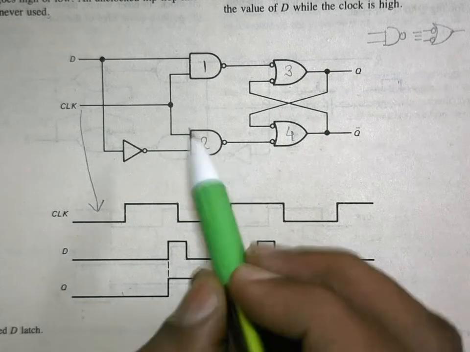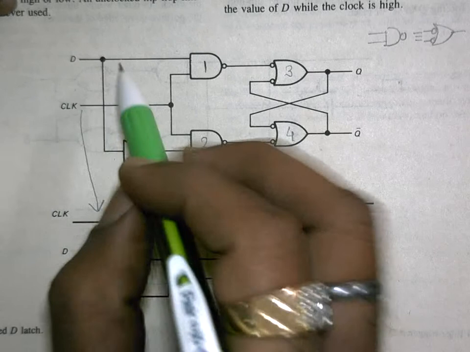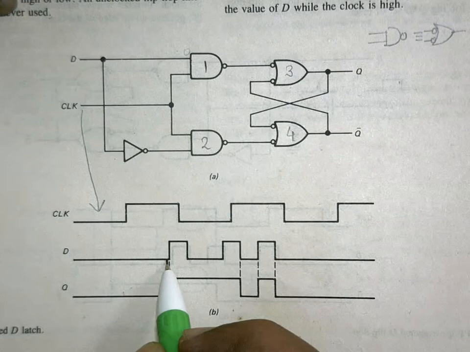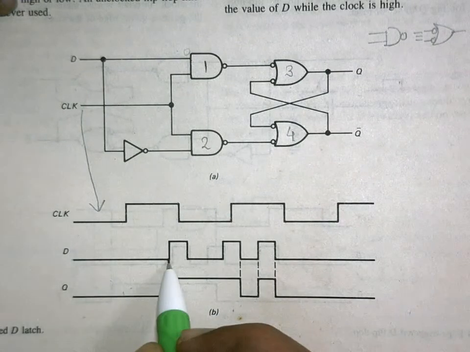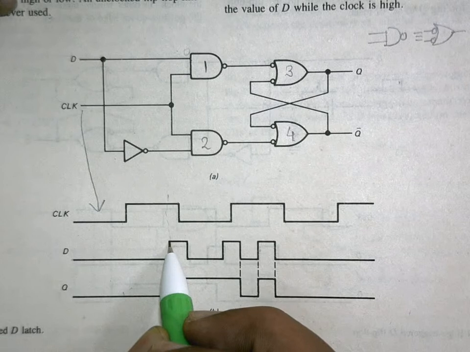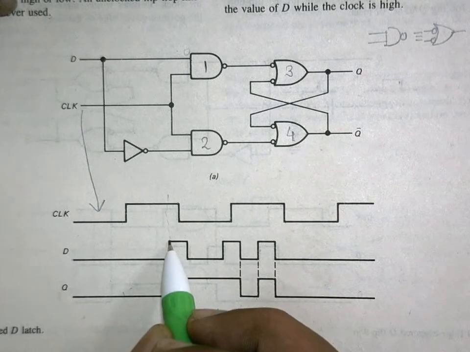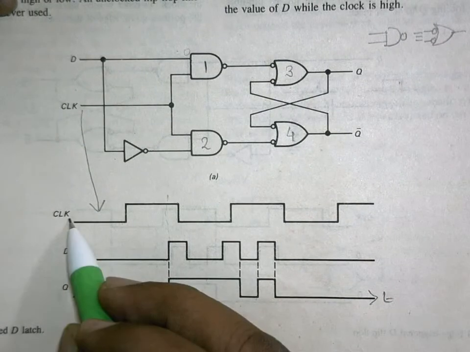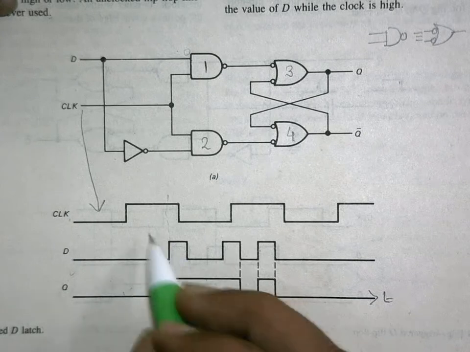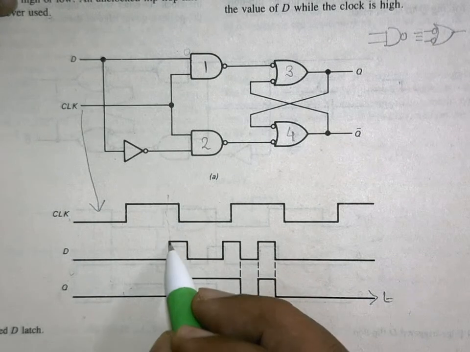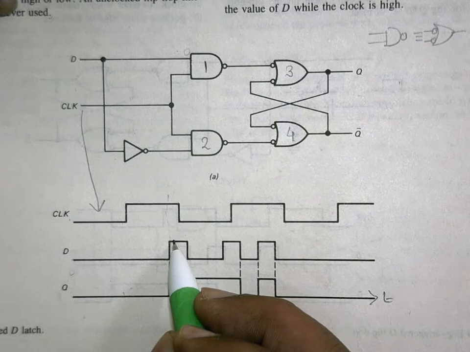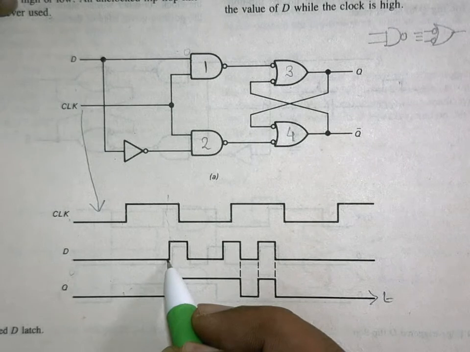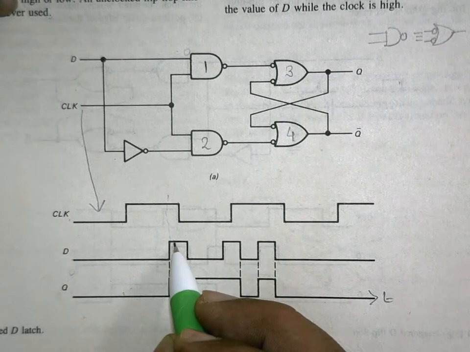Now suppose we are applying 0 at this input, as it is shown in the timing diagram over here, and it has been applied 0 up to this time, but at this moment, this is timing diagram, this axis is time and this is the applied input output situations. Just at this moment this input happens to be 1. You are looking that at this moment the input turns from 0 to 1.